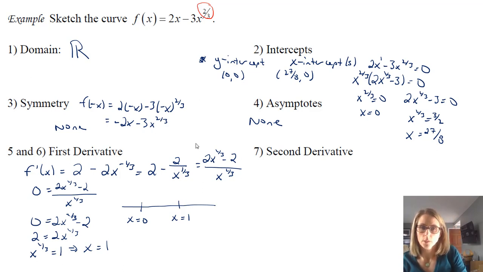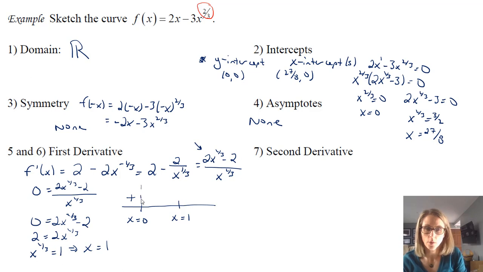I'll probably put it into this one. That'll probably be the most helpful. So if I put in a negative number, let's say something like -8, when I take the cube root, I'm going to get -2. And when I put that into the derivative, I'll have 2 times -2 minus 2, so that's negative. And in my denominator, the cube root of -8 is -2. So I have negative over negative, so that tells me that we have a positive. So our function's increasing up to 0.